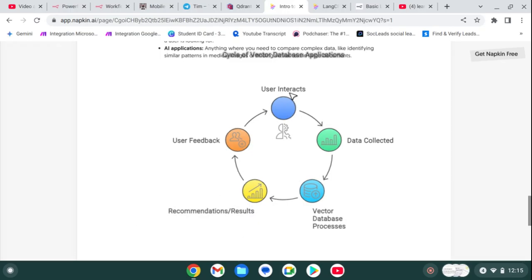Like when you open Facebook, we see a dog photo, and we like it, comment, and spend our most time on it. Then it stores that data in the vector database and provides similar dog images in our feed sometimes. The more we like dog photos, the more often it shows us dog photos. When you skip dog photos, it stops showing them. This is how Facebook works, and it also gets user feedback.